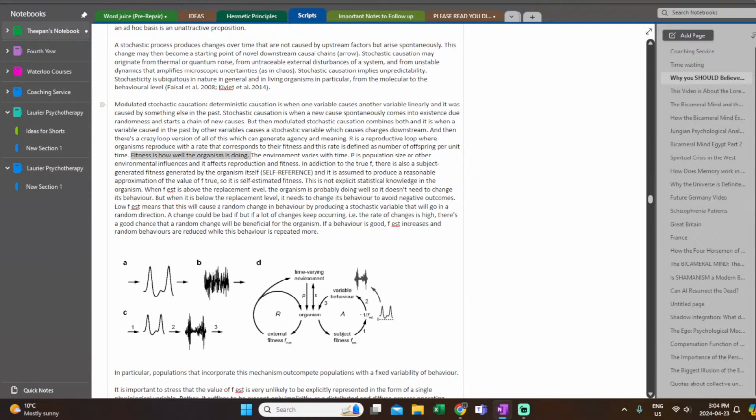Fitness is how well the organism is doing, so how much it's reproducing, or how much it has the ability to reproduce. The environment here varies with time. That's just another factor. P is the population size or other environmental influences, and it affects reproduction and fitness. Basically, if population is high, then fitness goes down because you're competing against other members of your species for resources. In addition,